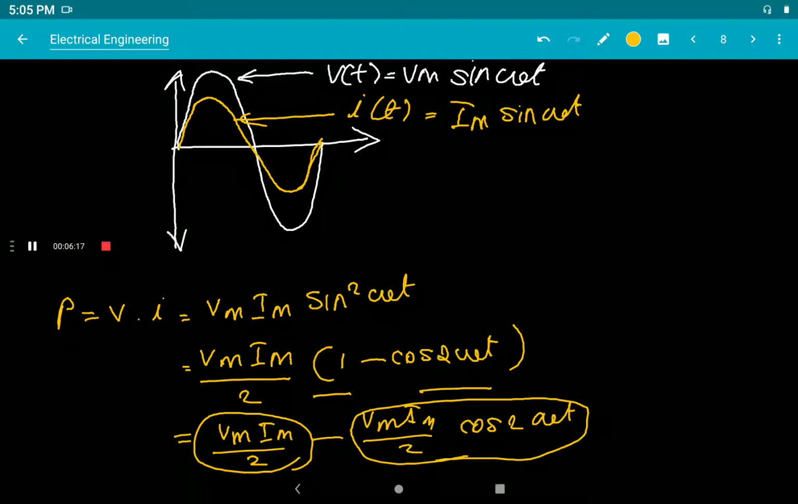So for a complete cycle, this term becomes 0. So we can write the power for a whole cycle, P,